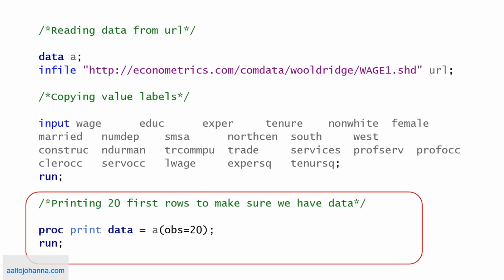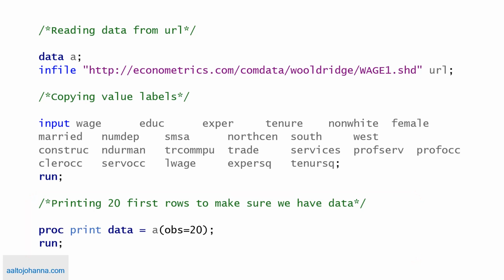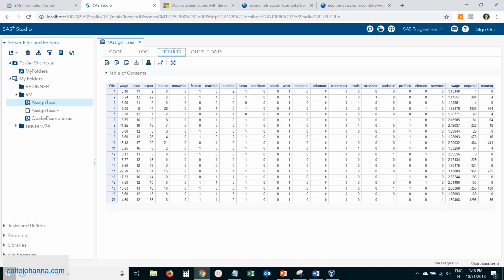How to print rows to make sure we have data. We saw the output data already, but I'm going to show you how the print command works. Data we want to print is from table A. Print 20 rows. Run the program and we can see 20 rows of